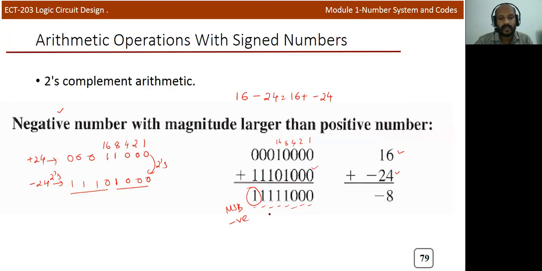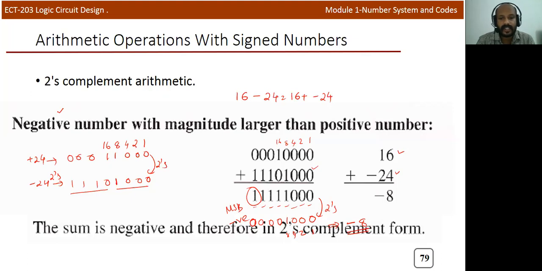For a negative number, we will represent it in 2's complement format. So in order to find the magnitude, we need to find the 2's complement. So we'll start from here, 0 0 1. After that we will complement. So this is the 2's complement representation of this particular sequence. Okay, here also it is 0. Okay, so this is the magnitude. So if we compare it with 1 2 4 8, this is equal to 8. So this given number is 8 in magnitude, but already we identified that this given number is negative, so it will be minus 8. So we can verify in decimal also. 16 minus 24 will get minus 8. Okay. So this is the conclusion. Sum is negative and therefore in 2's complement form.